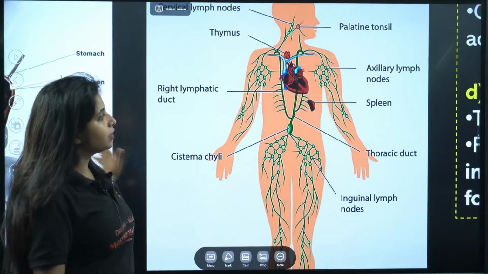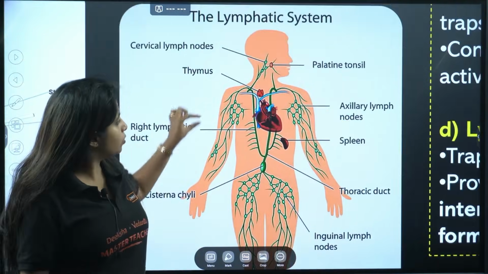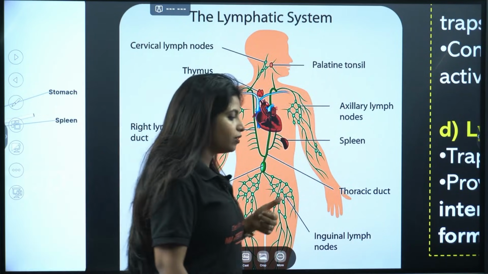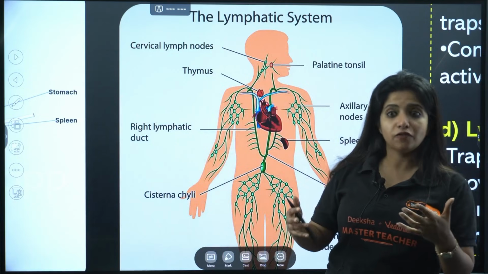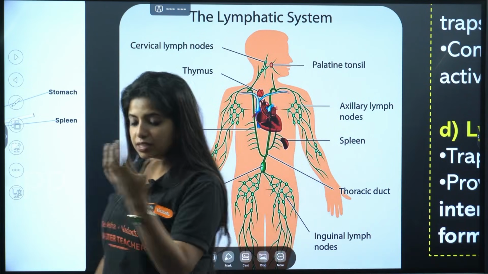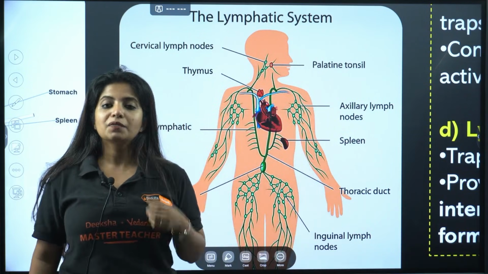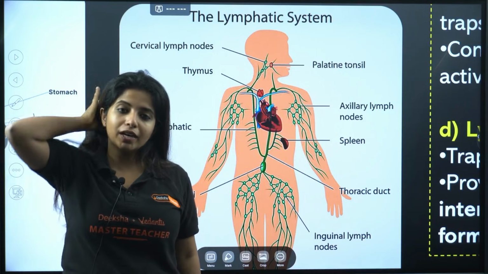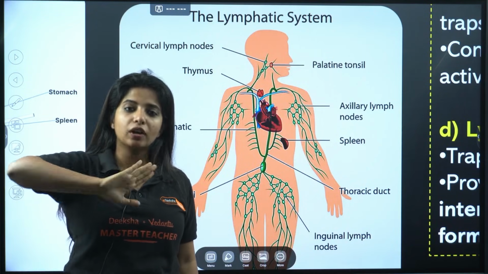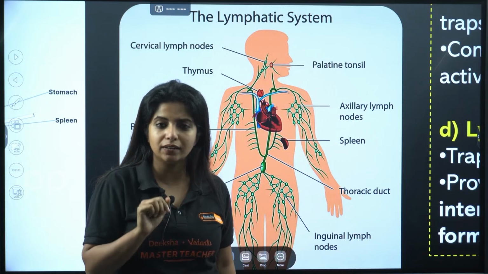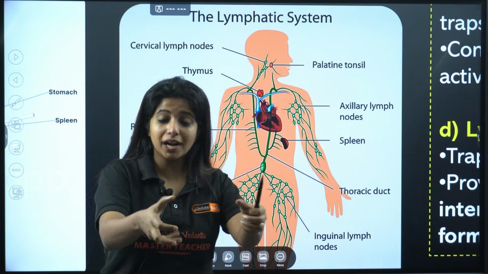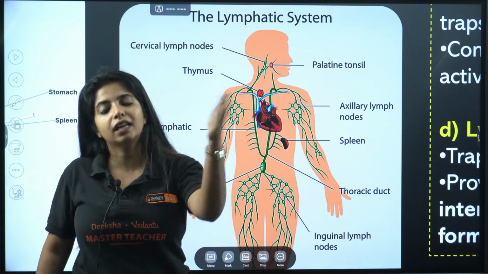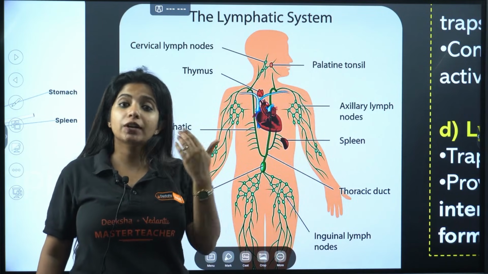Similarly, you have lymph nodes. These round things that you see are known as lymph nodes. In our body, we have arteries, veins and capillaries. Apart from that, we have a different system known as the lymphatic system, which carries the fluid that has leaked from the capillaries. Capillaries have certain leaks through which plasma and some types of cells get released, and there should be someone to collect all of it and give it back to the blood vessel, that is a vein, and it goes to the heart. So that system is your lymphatic system.